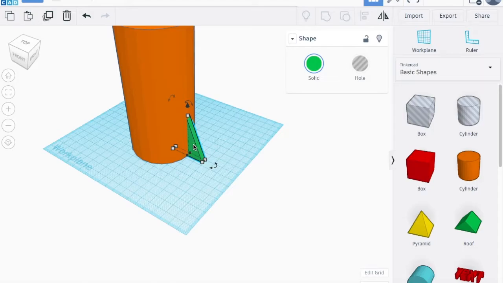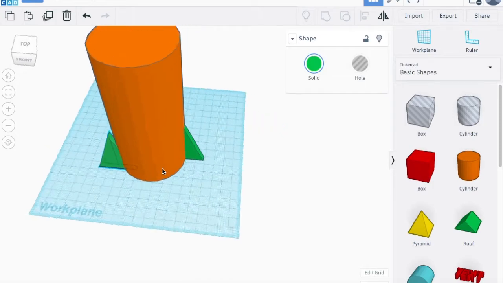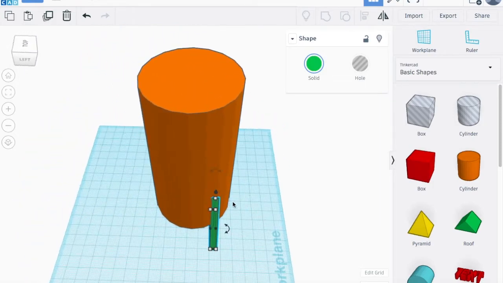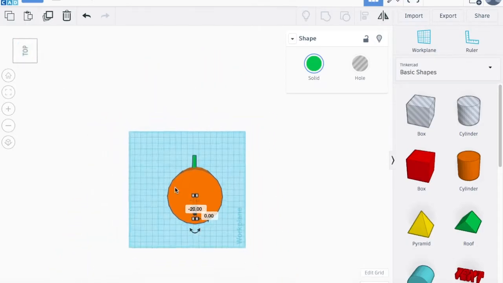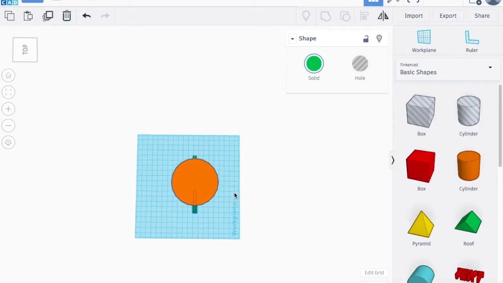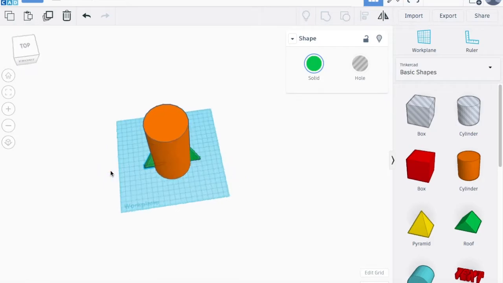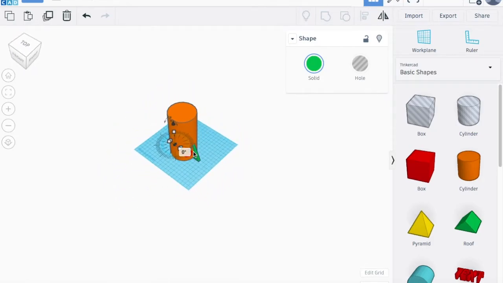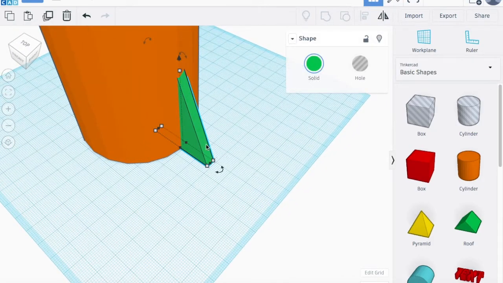Now I want more than one of these feet, so I'm going to copy and paste this, and you do that by clicking Ctrl C and Ctrl V, C for cat, V for violet, and it gives me something identical to the thing I've just copy and pasted, so another wee foot. I'm going to drag it round and put it into place on this side, and then I'm going to have to look from the top of the shape just to make sure they're lined up correctly. I can always move it with the arrows on my keyboard if it's not quite in the right spot. I'm going to need another one. I'm only going to use 3, so I'm going to copy and paste it again,